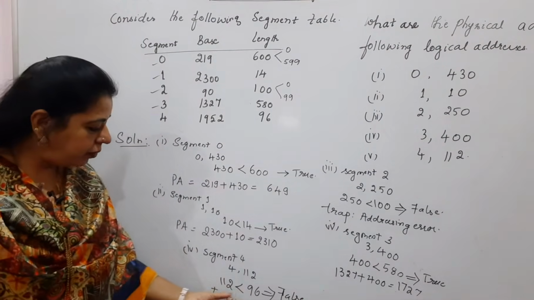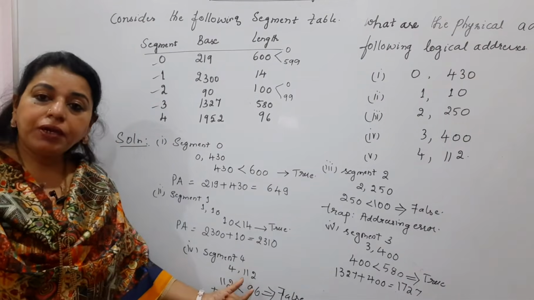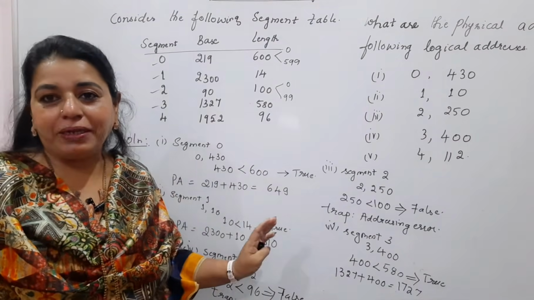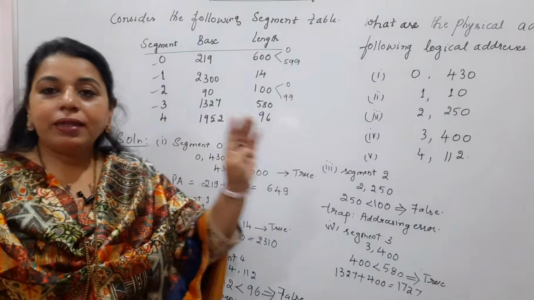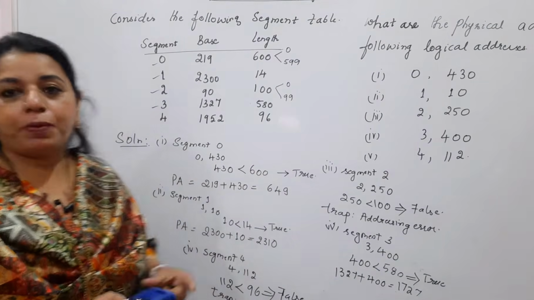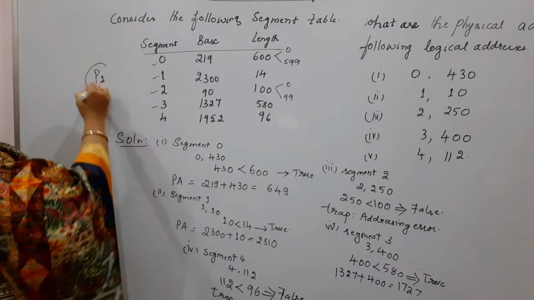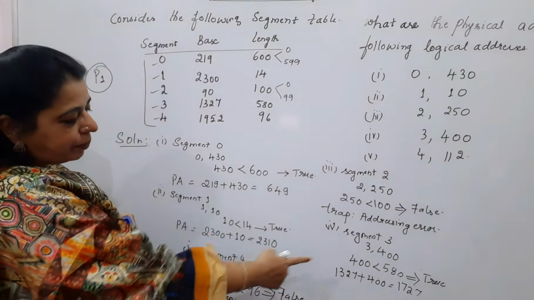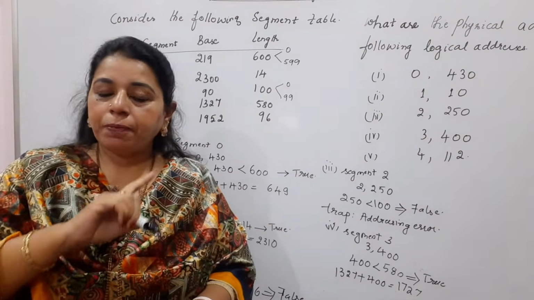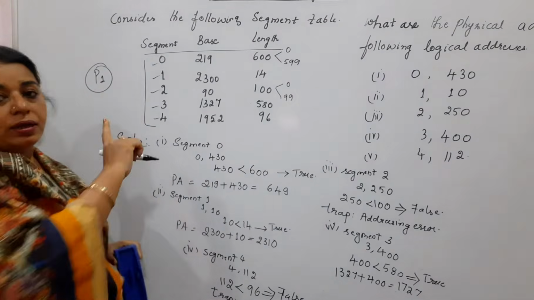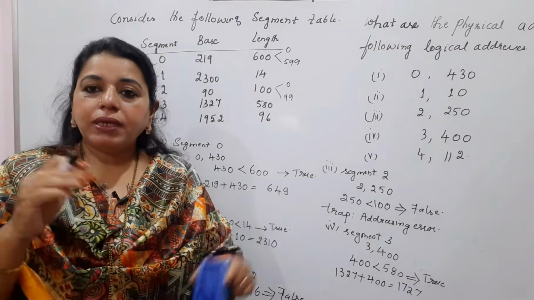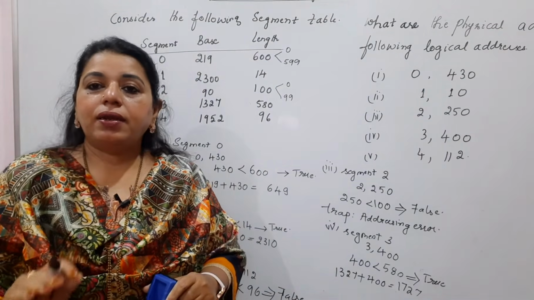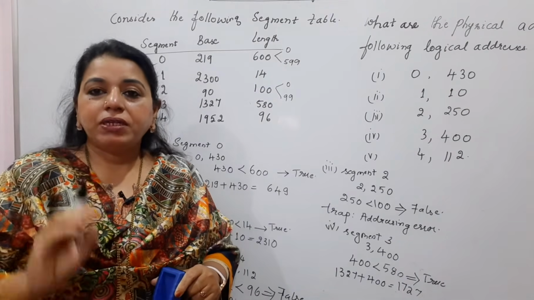So there can be a doubt here. When we write here false, trap, addressing error, is it not that particular location is available in the main memory? It is available in the main memory, but it does not belong to these segments, because the process has got 5 segments. That location does not belong to any of the segments of this process. Remember I said, any process P1 can be divided into different segments. Here they have given 5 segments. So whenever we say there is a trap or addressing error, it means that it is pointing to a location which does not belong to this process. That's why it should not cross the boundary. Any location within that process boundary is a valid value, otherwise it is invalid. So it will never fetch an instruction from an invalid location which does not belong to that process.